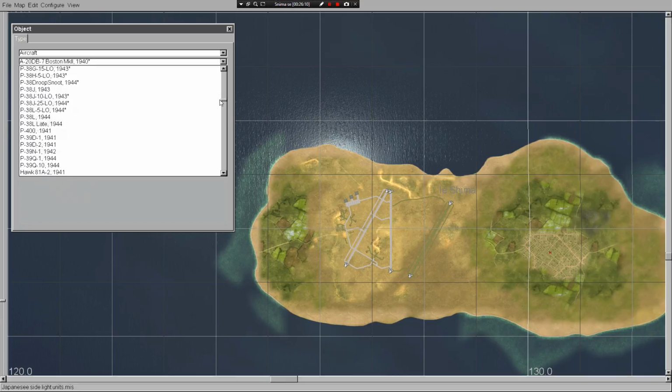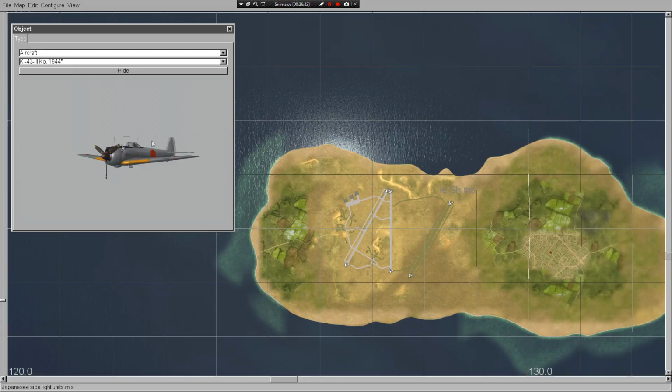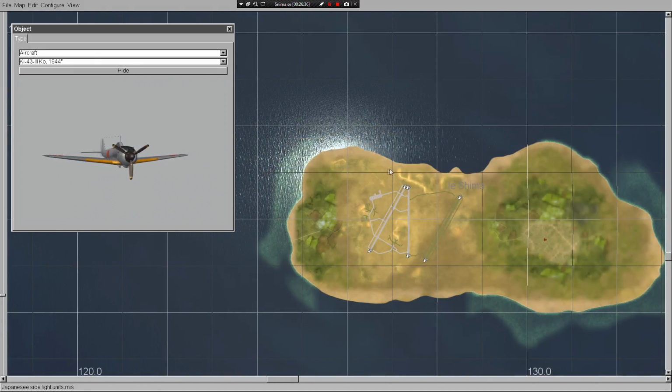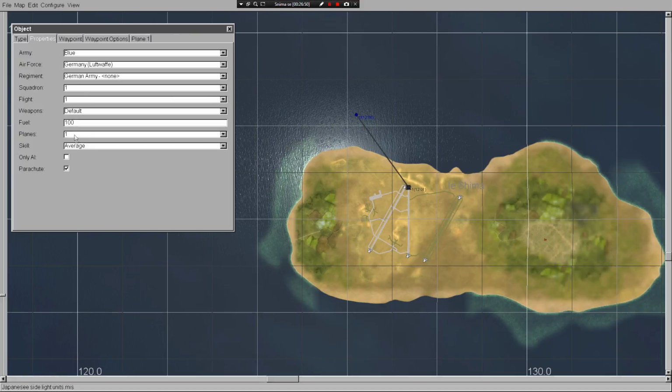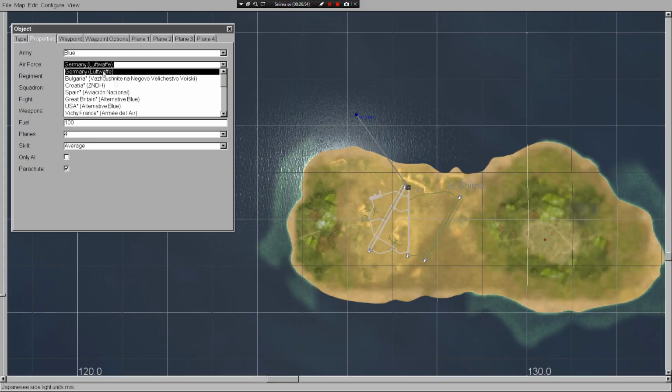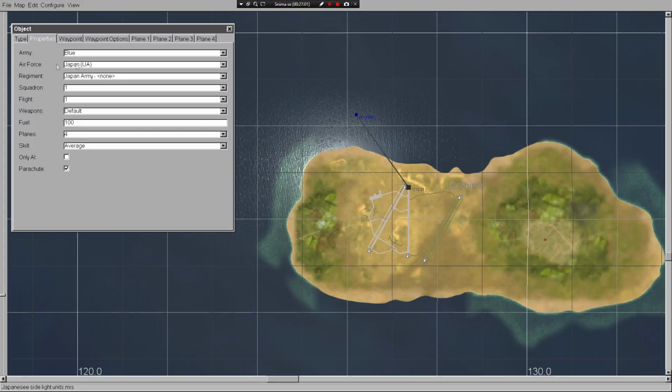I want to have Ki-43 here. Where are you? Okay, Ki-43. This one. Okay, so every plane I want to use, I need to land to a base. This means the second waypoint needs to be a landing point. Then I choose how many airplanes, and of course I choose the army, otherwise they will use whatever is selected here. In this case I want to have Imperial